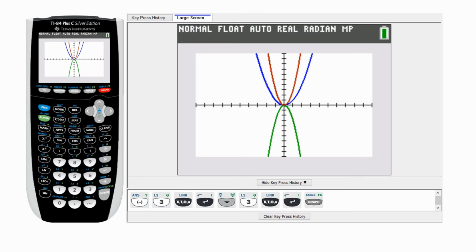So our blue graph is y = x^2. Our green graph is y = -3x^2. And our brown graph is y = 3x^2. Because of the 3, our graph is narrower. The negative in front of the 3 flipped my brown graph to become my green graph. So if you have a negative in front of your a, it's going to cause the graph to open downward instead of upward.